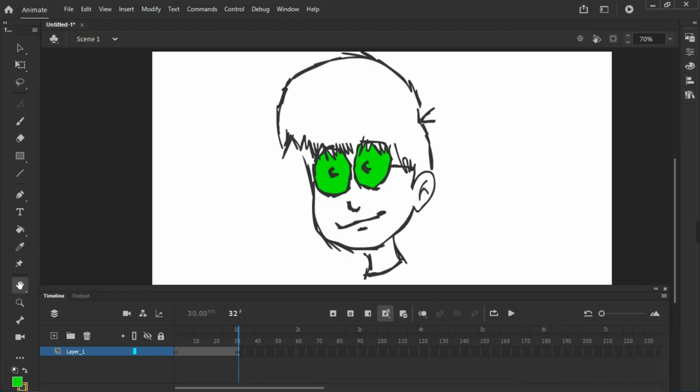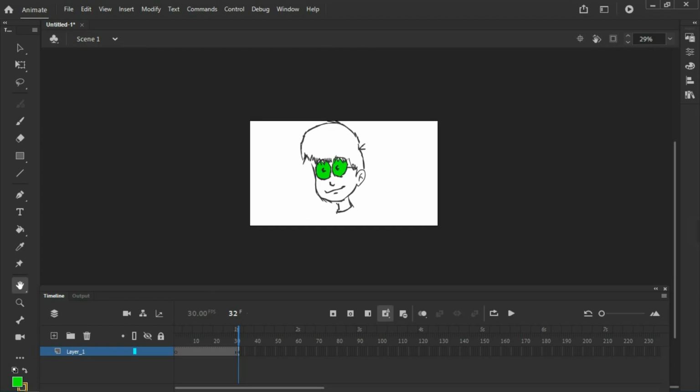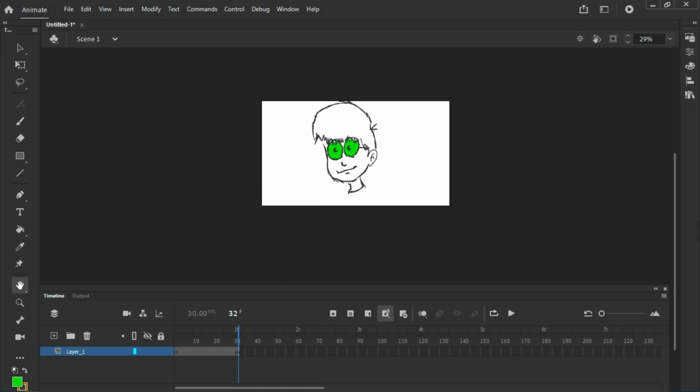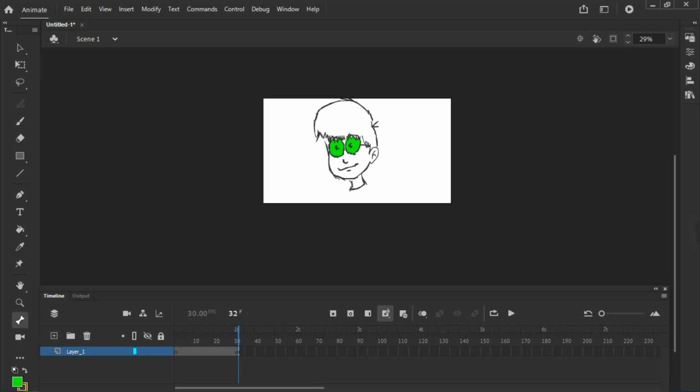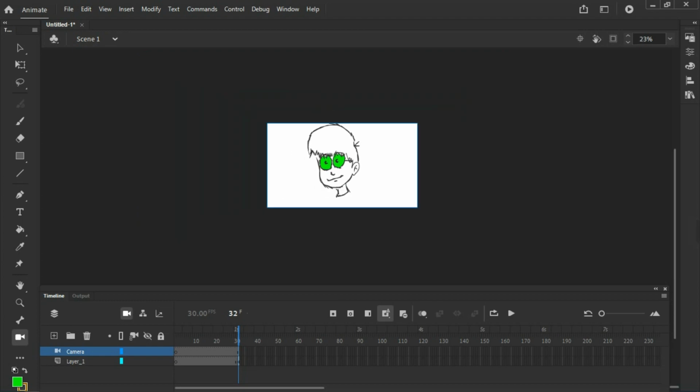Now the next one is the hand tool. You can choose this to transform the image, or you can say your paper. For example, this is my paper, and let's say I want to transform this paper. You can do it from here. So the next important one is the bone tool. You can create the bone using this bone tool. I'm going to talk more about this in a later video. And this is the camera tool. Obviously, you can direct your direction in your movie using this camera tool.